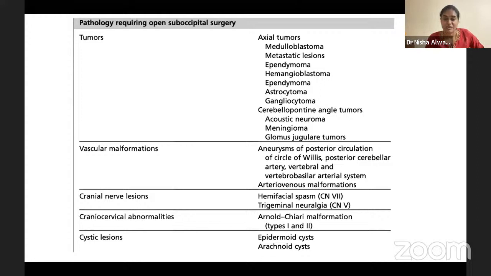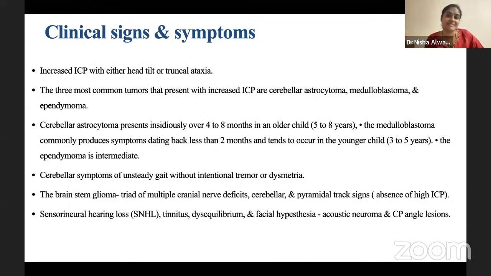In these patients, it's not only the neuroanesthesia concerns; the pediatric concerns for anesthesia also become a very important deciding factor when anesthetizing such patients. Why should we know about the signs and symptoms of a patient who presents with posterior fossa pathology? It's important because it helps guide our anesthesia formulation, optimize the patient's condition, take a decision about extubation, and postoperatively have a baseline neurological status to see whether the patient has deteriorated from the previous condition.